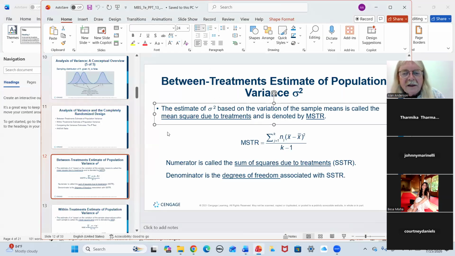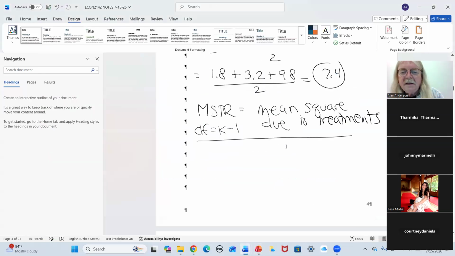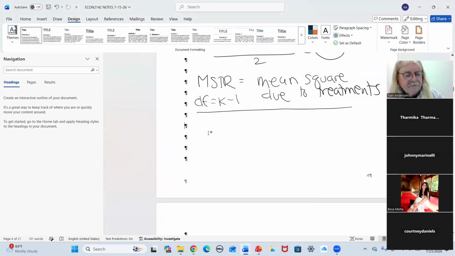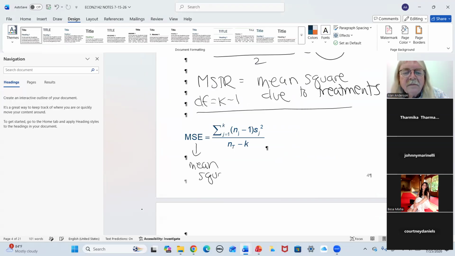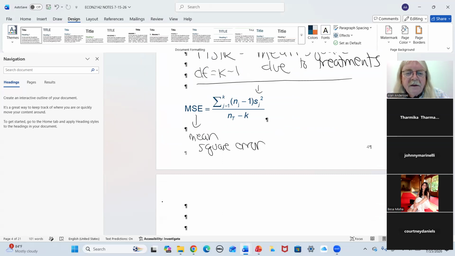Now, the other thing we need is the mean square error. Oh my God, this just never ends, does it? This stands for mean square error, and this involves the knowledge of the sample variances. So you're going to have for each column or each treatment,